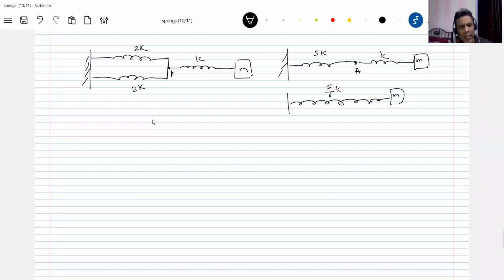Like this, many sets of springs will come. So how to replace them? There's a series parallel method we'll apply. So you can ask questions, why you are doing like this? See here, working with this will be really troublesome. If one spring, I'm very comfortable. Therefore, I'll take help of series parallel to check what is the displacement of block. Now I can easily analyze the motion of the block here than this one. That's why we are bringing this method.